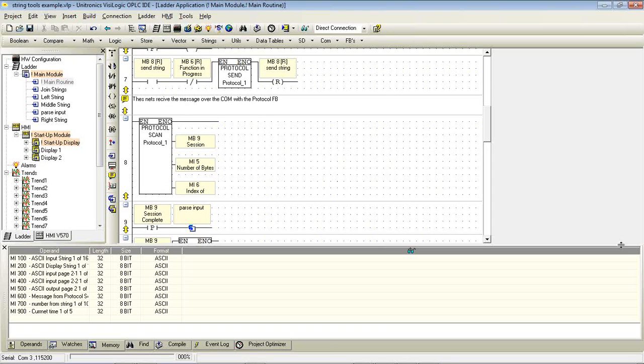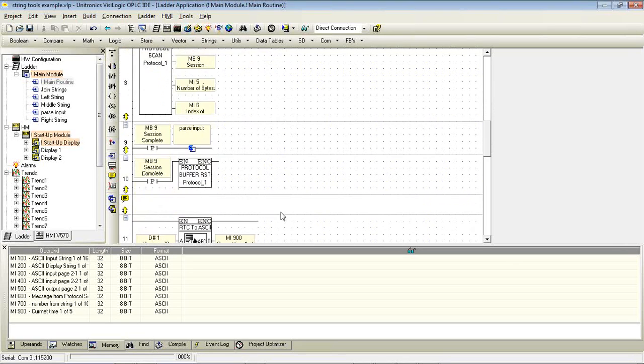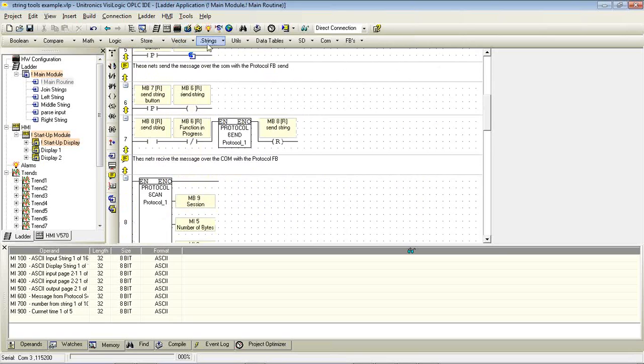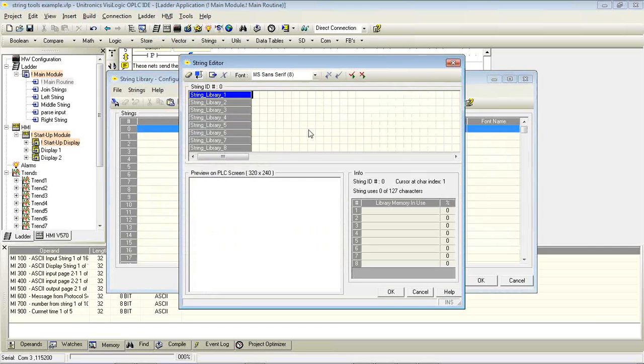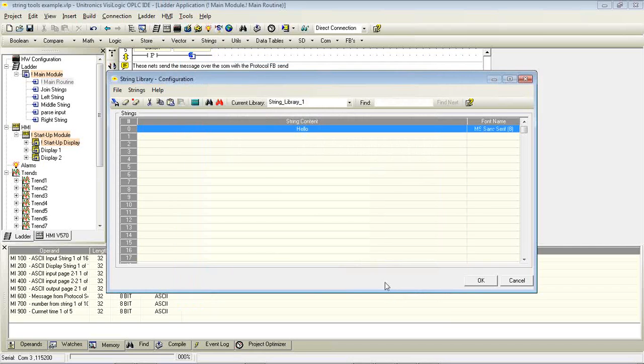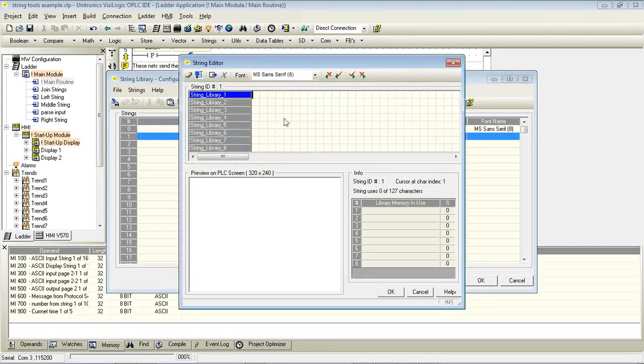Okay, so there's a question about using the string libraries. We don't have anything set up in the string library here. Let me go ahead and just pull one down. I will just make a quick string library entry. Won't discuss it very much, but I'll put hello in string library 1. I'm sorry, string entry 0. And in string entry 1, we'll say